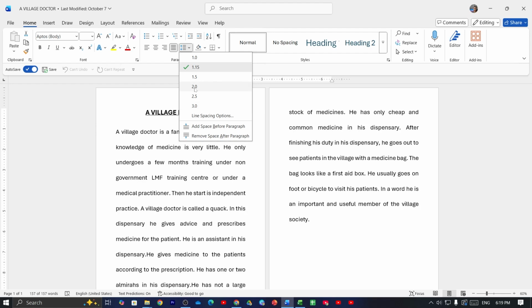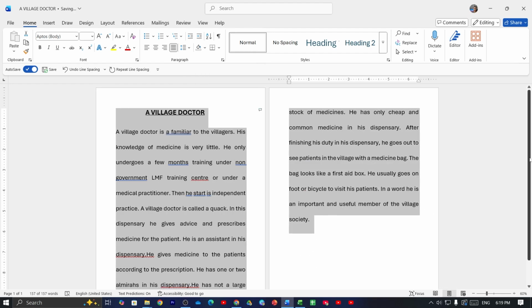Suppose you want to set your line spacing to 2.0, just select it. And that's it. You can see your spacing has been changed successfully, and that way you can easily customize your spacing on any document. And that is how you can change spacing on